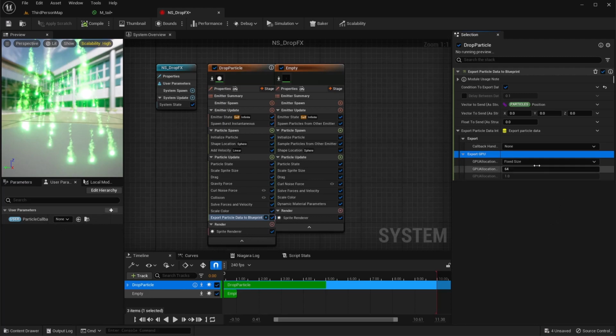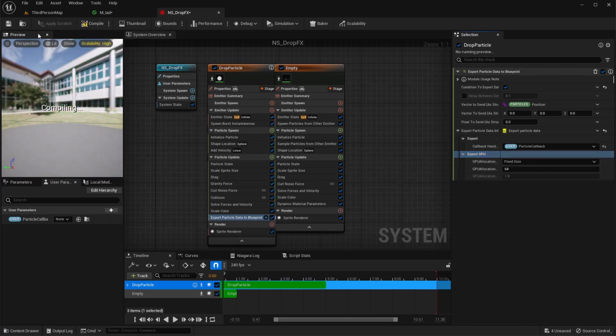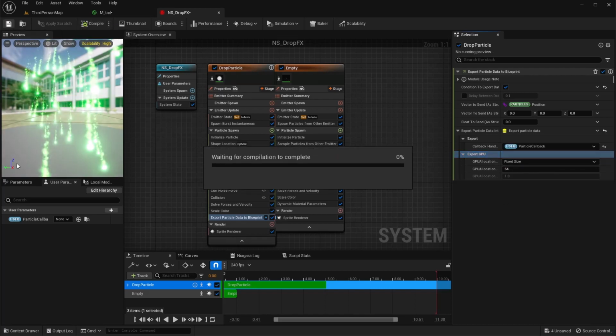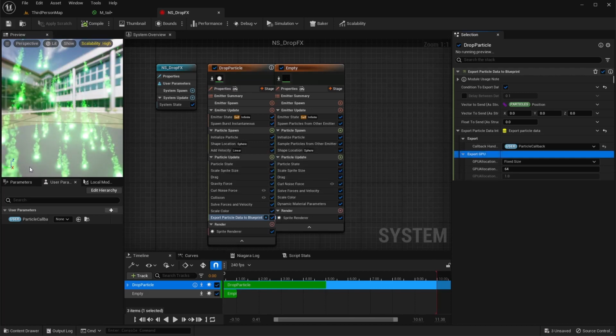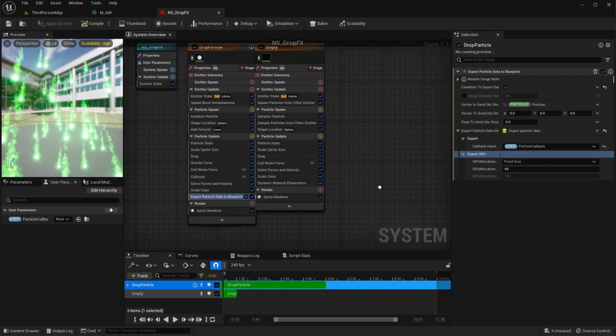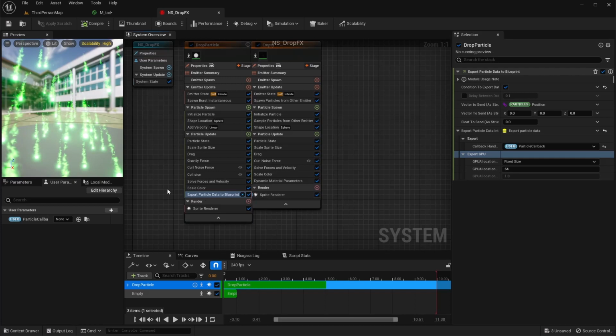We don't need to set anything here. But now that we have this set up, we can come over to our callback handler and I'm going to select particle callback here. The next thing I'm going to do is go ahead and get ready for this to be attracted to our player. And to do that, I'm going to